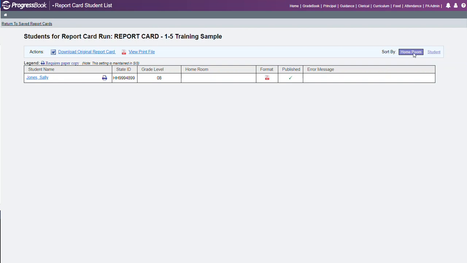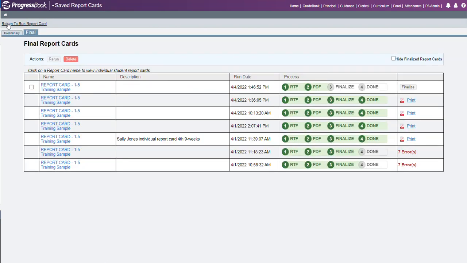So sort by homeroom and or by student. Homeroom is the default setting. So we return back to the viewed save report cards. Now that this has completed, as with my prior example, to save some time, you should now